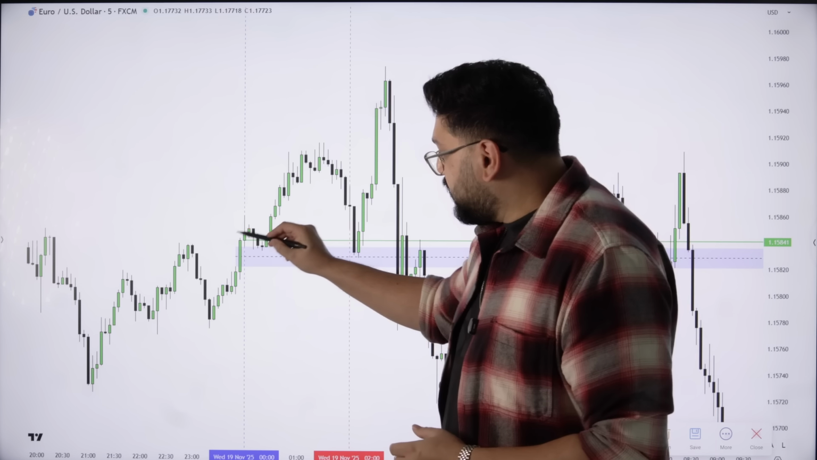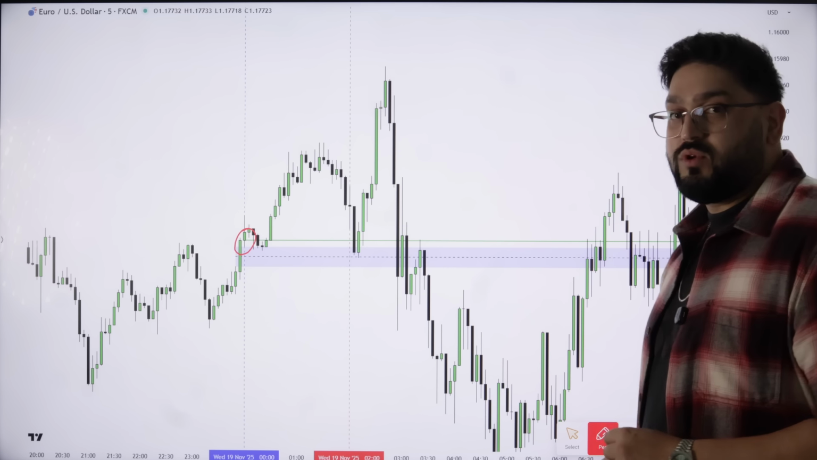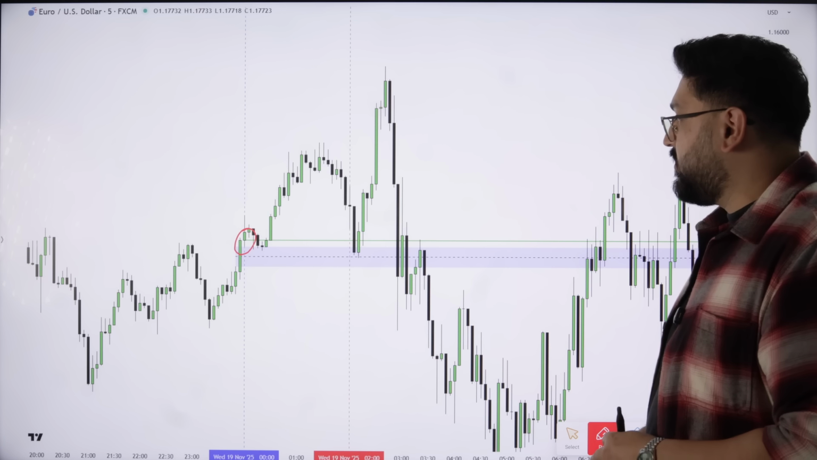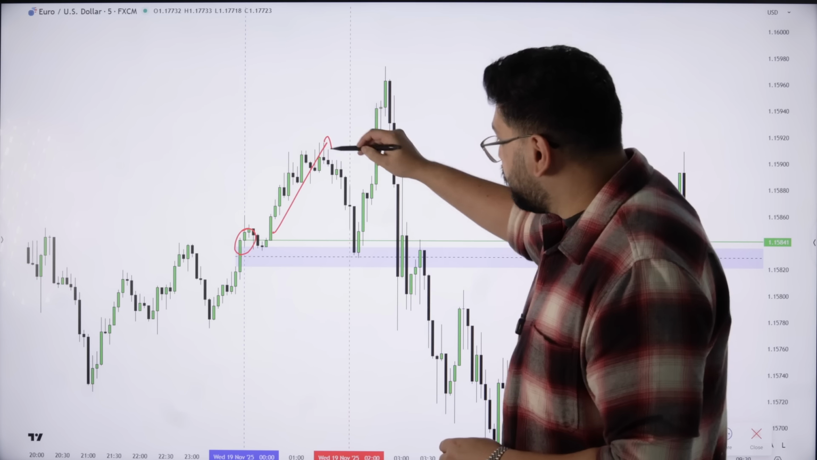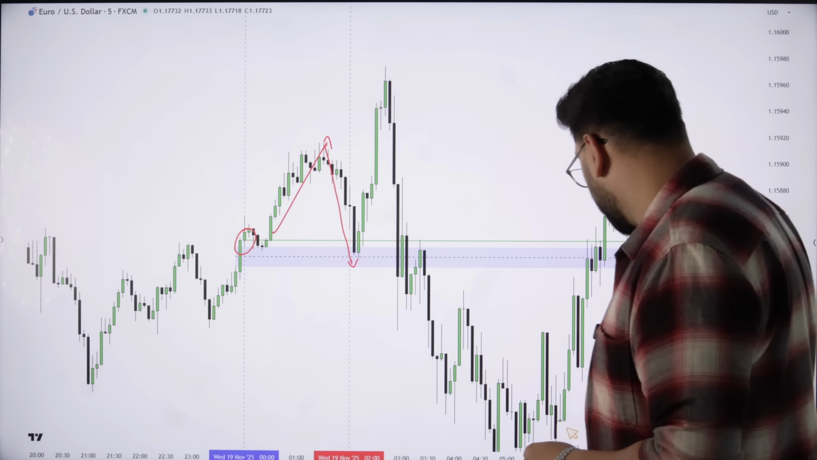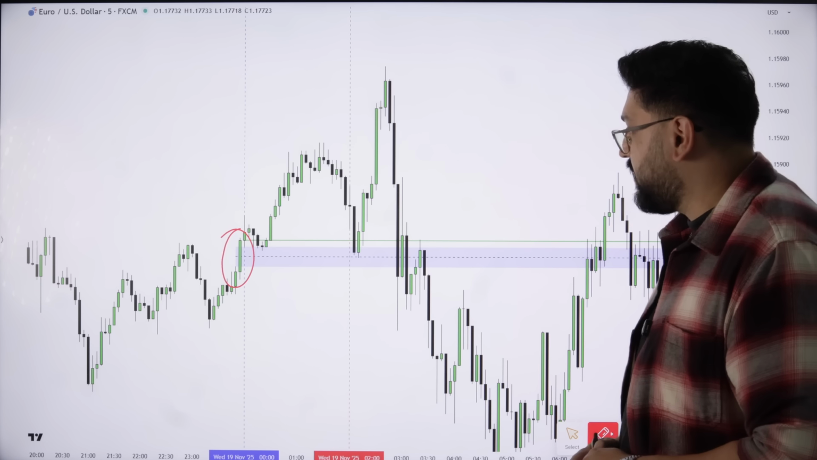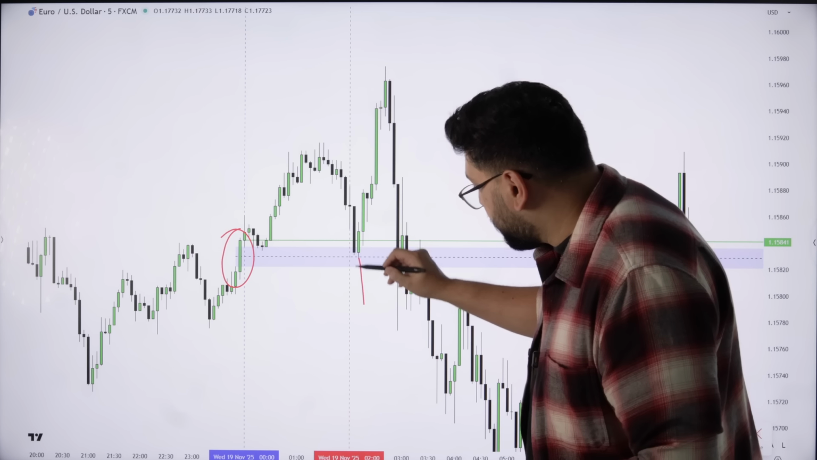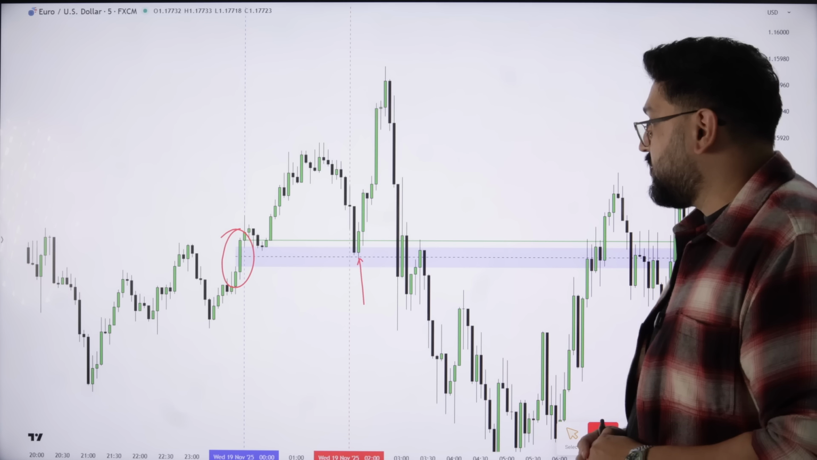Here we have the opening price at 12 a.m. again on the euro dollar on a 5-minute time frame. Now price initially runs away and then drops lower into our buy side imbalance in this blue shaded area. We see that we hit the consequent encroachment here in the beginning of the London session, and then we have